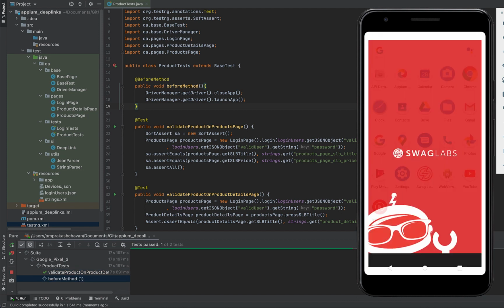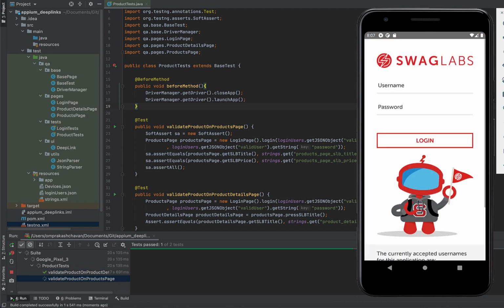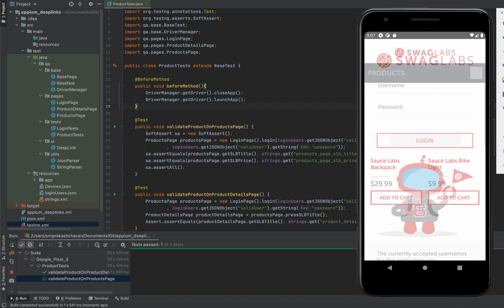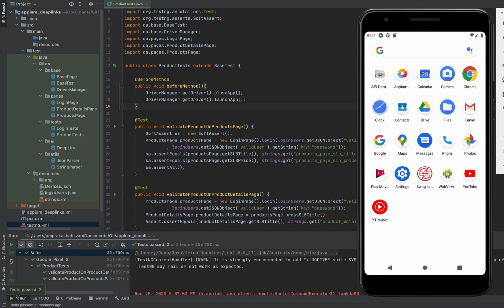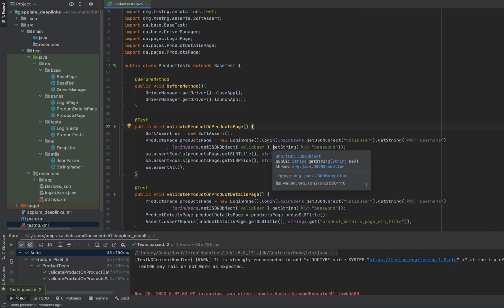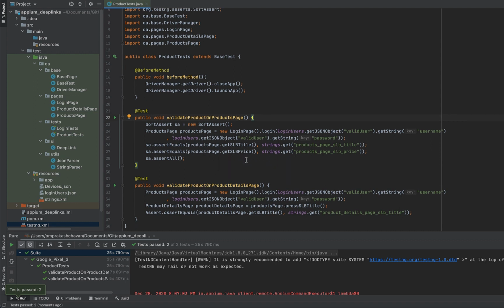Okay, now you can see it exited the application and relaunched it, and then it is performing the login again for the next test case. And now both the test cases are successful. But now let us say you have got 50 test cases or 100 test cases, right? And for each test case, you are going to do the login operation and you are going to close and launch the application again. This will again slow down your automation and the login operation can fail due to the automation issue or due to the application issue, right?